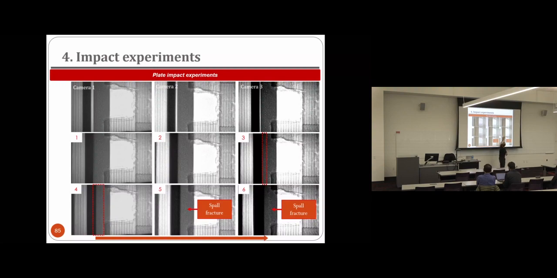Okay? These white spots that you can see here, there are many fewer white spots here. It means that the pores are collapsing. And then here, most of the pores are already closed because of the compressive wave. Now the compressive wave has reflected, and here you see this white thing a little bit clearer. This is the spall fracture.